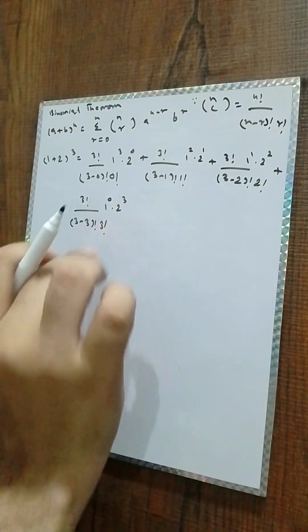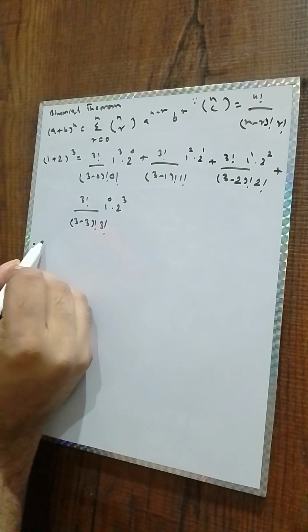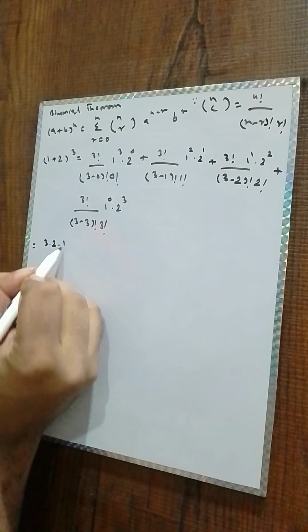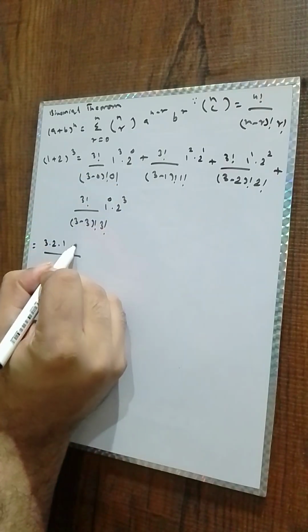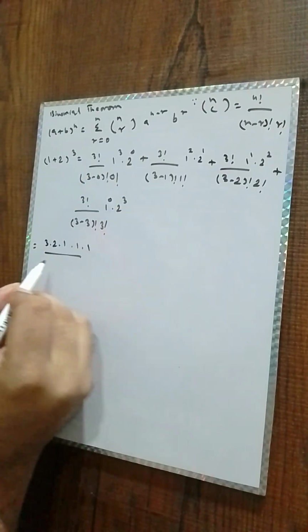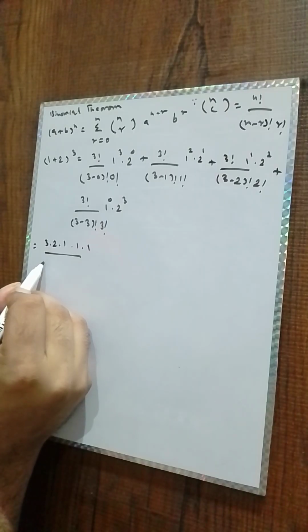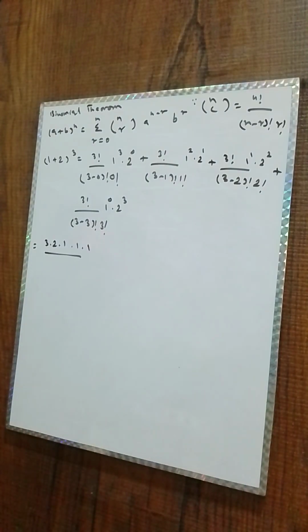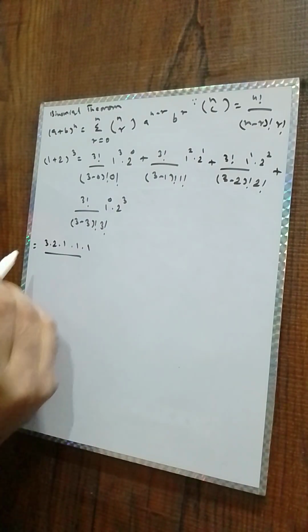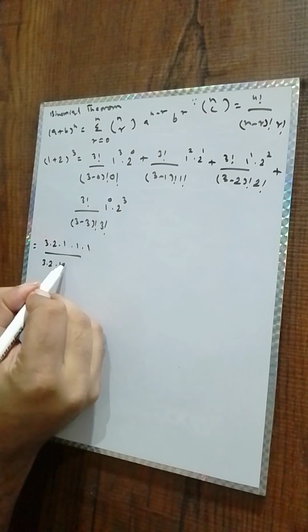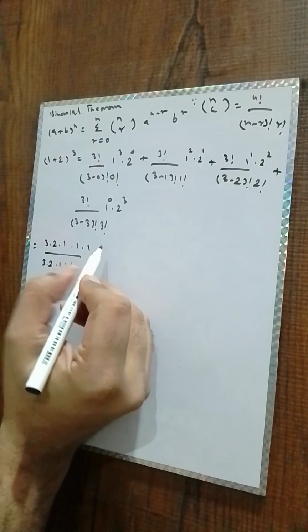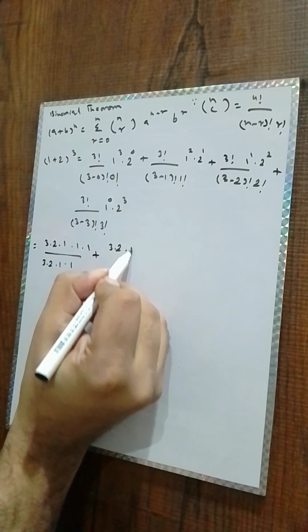Yes, so this is the form, and now 3 factorial is 3.2.1 in the first term, and 1 to the power 3 and 2 to the power 0 are 1 as well. In the denominator we have 3 minus 0, which means 3 factorial, so 3.2.1, and 0 factorial is 1, plus in the second term we have